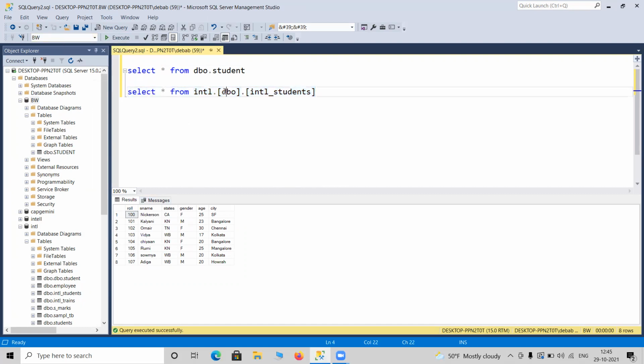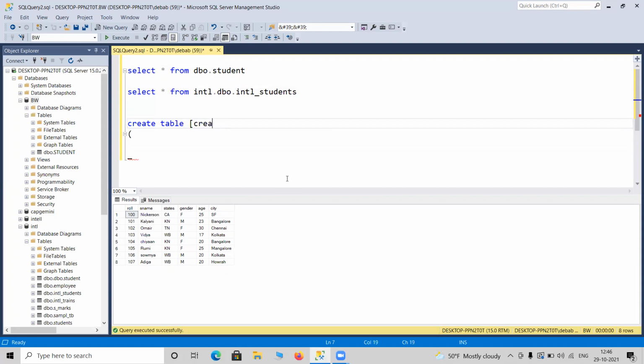Someone may ask, what is the use of these brackets? These brackets are not doing anything, so why are they used? Suppose I am creating one table with the name table. If you run that, it might create a problem. Look, it has already given an error here. But if this is the requirement, and I need to create a table with the name table, you can use brackets like this. Suppose I want to create a table named create, you have to give brackets like this.